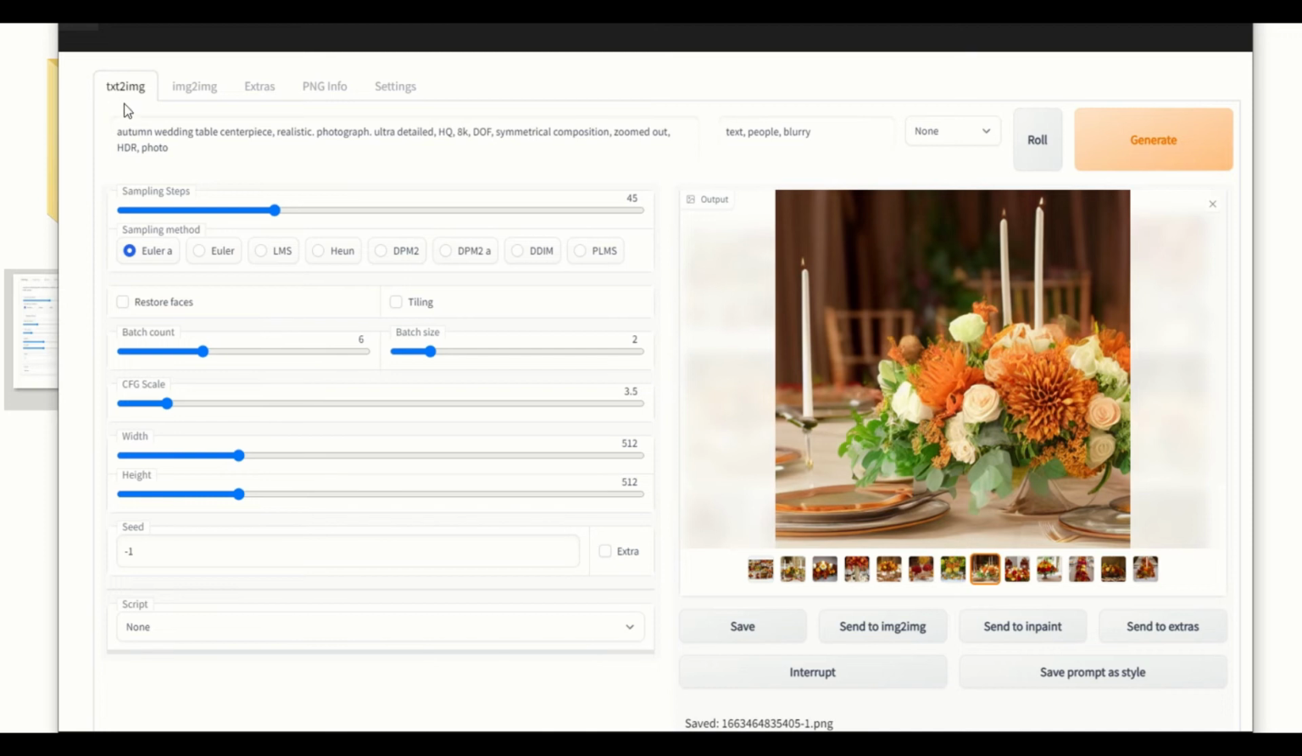What we're working in is text to image in Stable Diffusion, and this is one of the variations of the prompts that I gave it. The prompt is essentially the equivalent of, how would you describe the scene? How would you describe the picture that you're trying to create? So in this instance, I said autumn wedding table centerpiece, because that's most important. Realistic, photograph, ultra detailed, HQ, high quality, 8K, DOF, depth of field, symmetrical composition, zoomed out, HDR, high detail resolution,